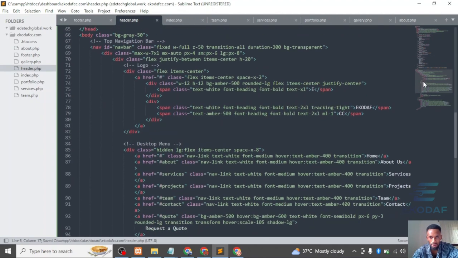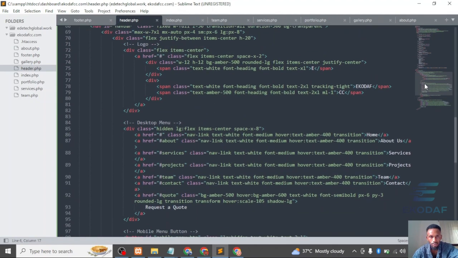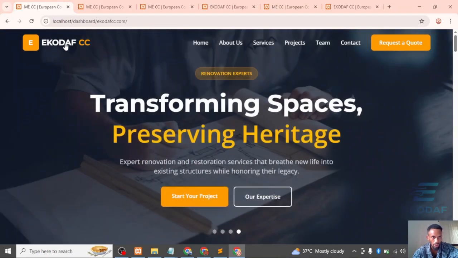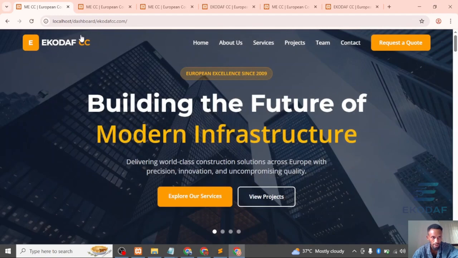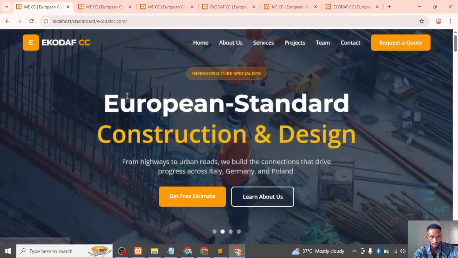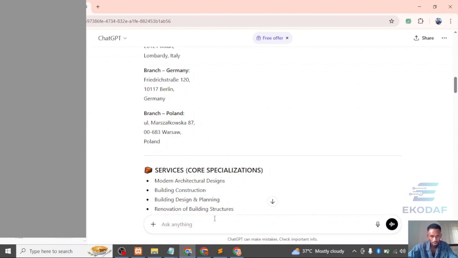So now this is our image section, which is this image. This is our logo, right? This thing here is supposed to be an image. So presently I don't have any logo for it, so I can come to ChatGPT and say,